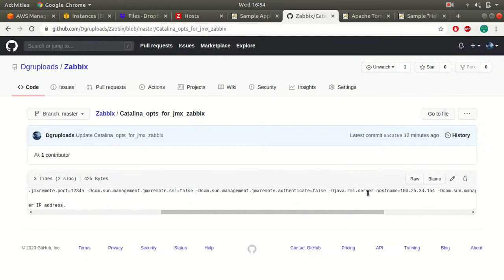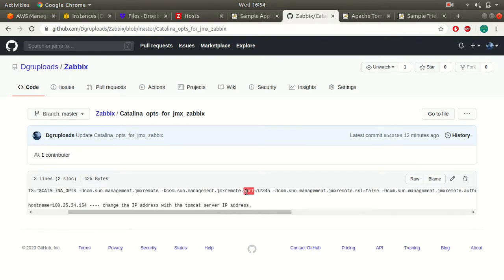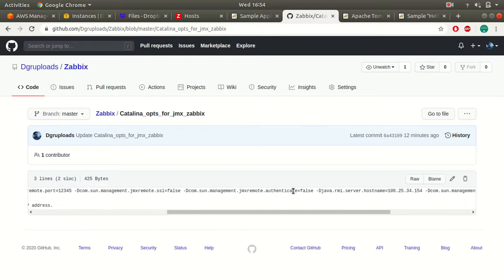Then comes your port number. I'm going to open up my 10052 port number, and we are telling it I want to use the IPv4 stack. Ideally you simply take this line, copy paste it, but just make sure you change this IP address with your server's IP address where your Tomcat is running.